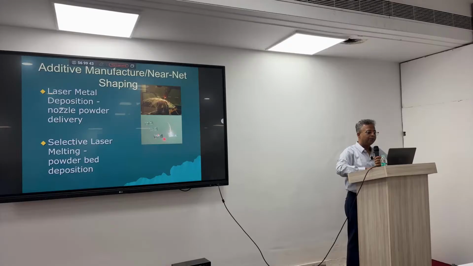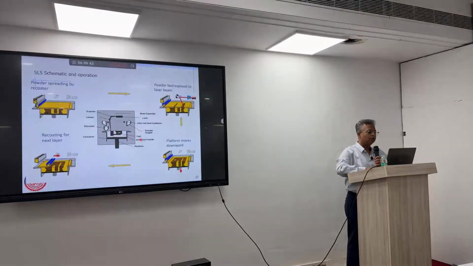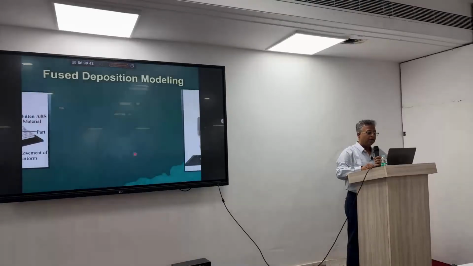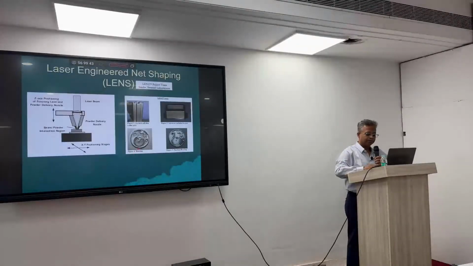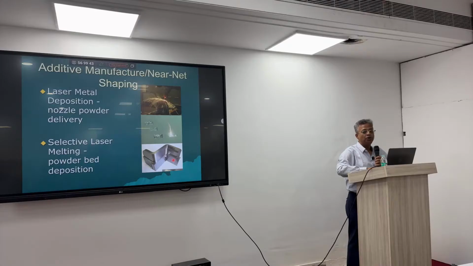And this particular processing zone is about this process. Here, because we have spread the powder, and on this location where it is coming, this is how the deposition has taken place. One layer has been shown here. So finally, you are able to get the component like this with this process, which has quite good surface